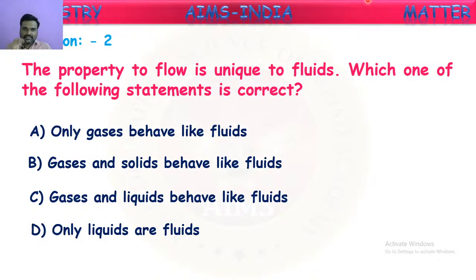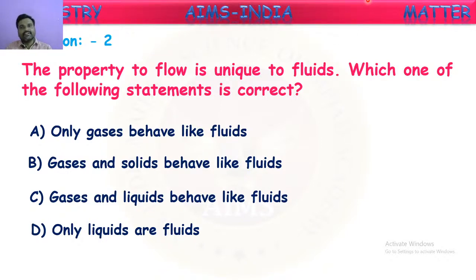We said the state of matter which can flow on its own is called a fluid. To flow, the interparticular attractions between the molecules should be less. So the matter having less interparticular attractions can slide its molecules over one another so that they can flow. In which state of matter are interparticular forces of attraction less? Out of these three states, solids have high interparticular attractions, so they cannot move their molecules. They are tightly bound. So solids are not fluids.